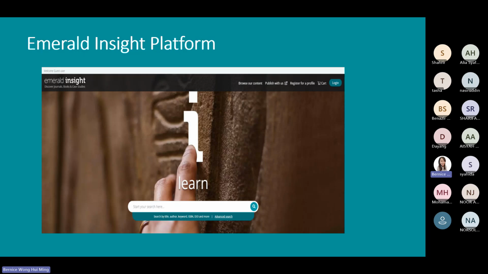For example, with renewable energy, when you key in the topic, they will show you which journal the authors published in. Okay, so the Emerald Insight platform, I have shared with you a live demo just now. I hope that all participants today know how to use this platform to support your learning, your research, or your publications.